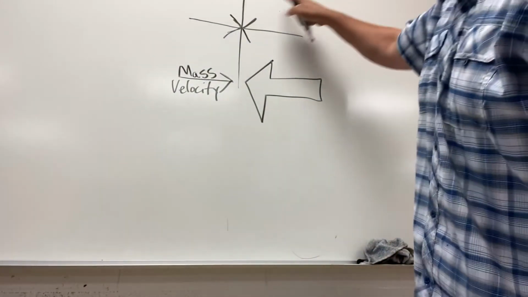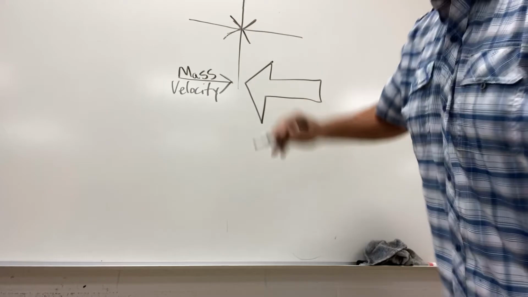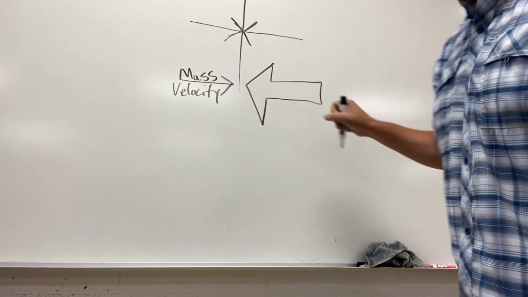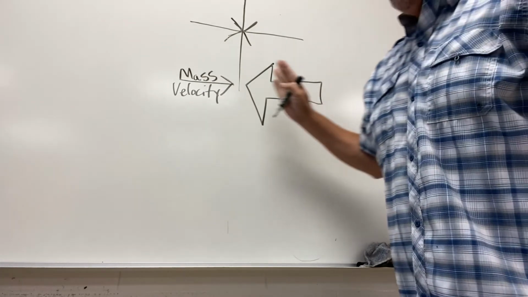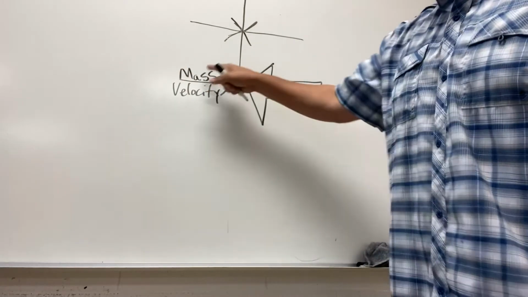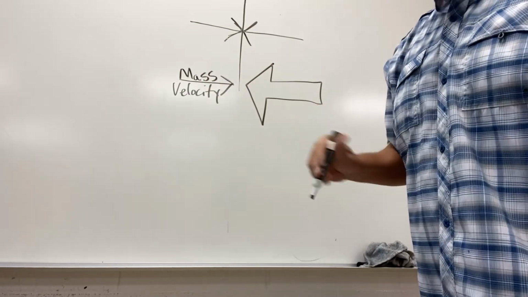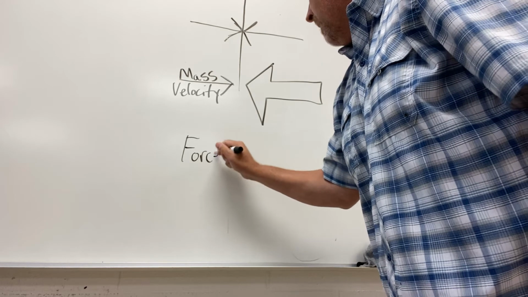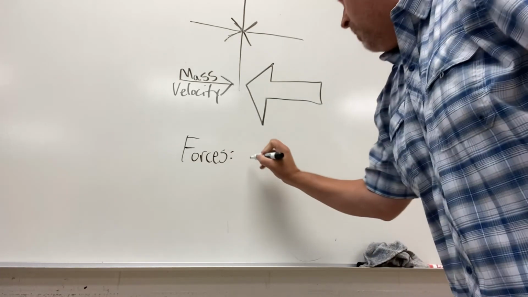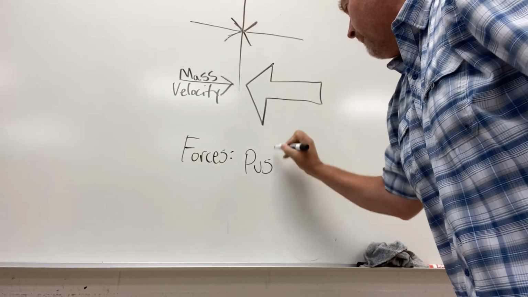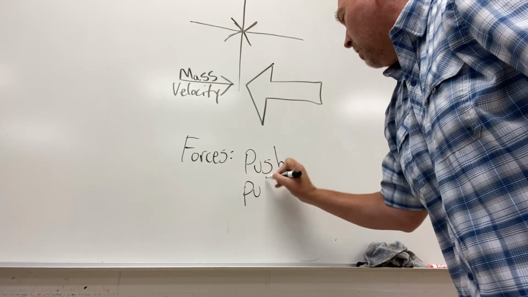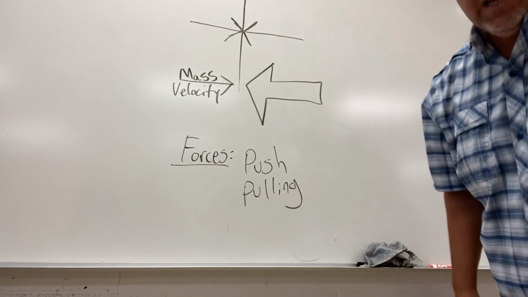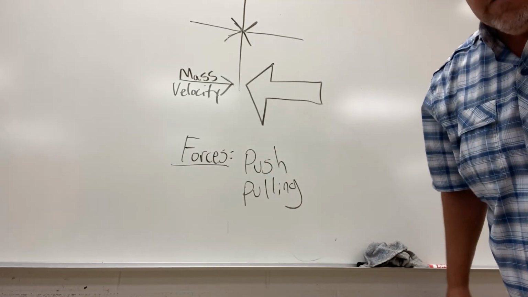So, balanced forces don't really go anywhere. If we have an unbalanced force, it's going to move the object where it wants to, but mass and velocity can make them a little bit more equal. And remember, when we're talking about forces, we're basically talking about pushing or pulling. And we'll talk about other forces here in the next couple days, but that's the gist of what we did today. So, prime and